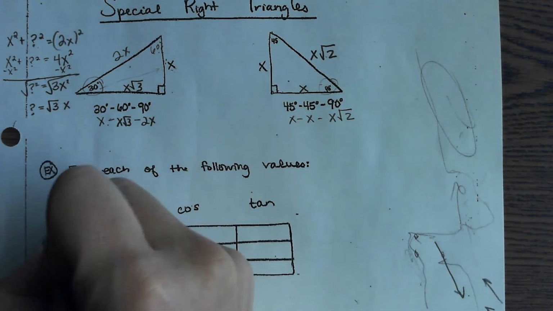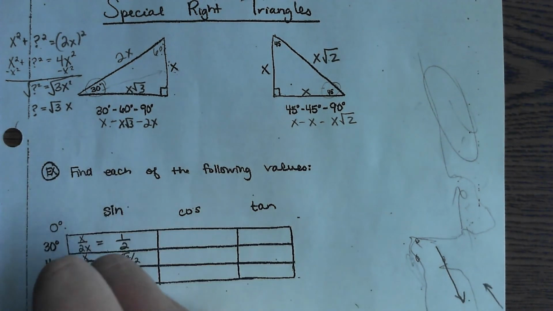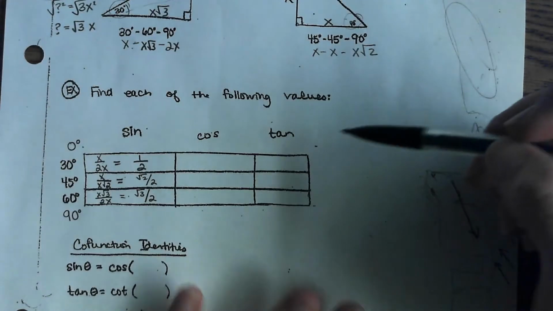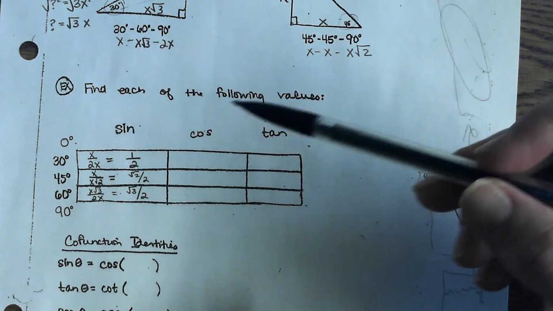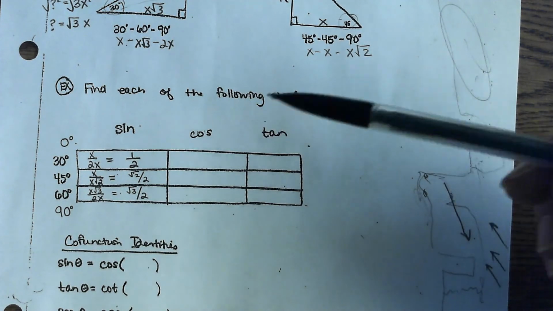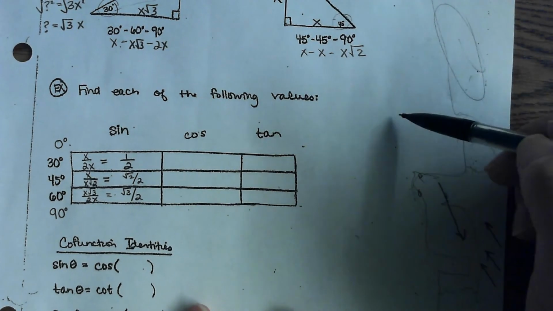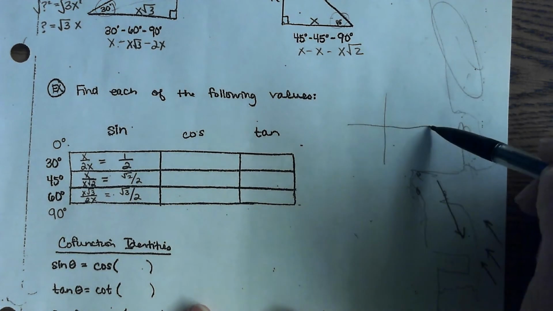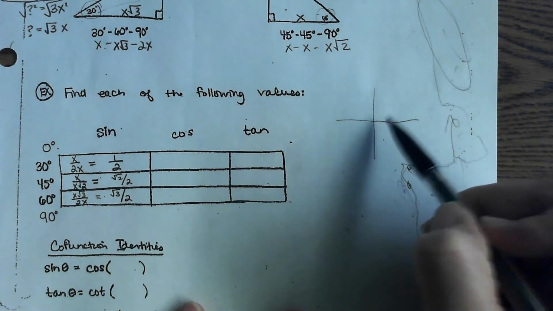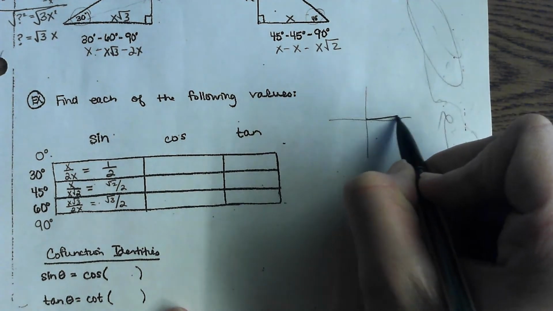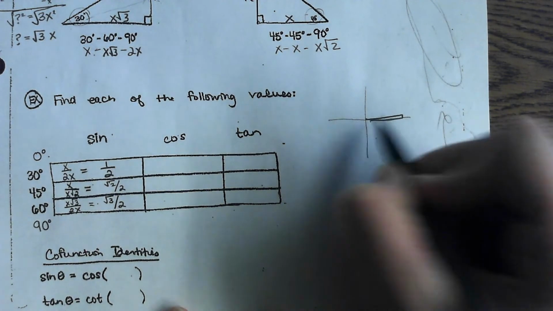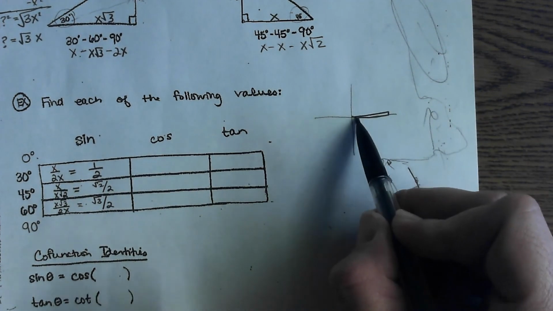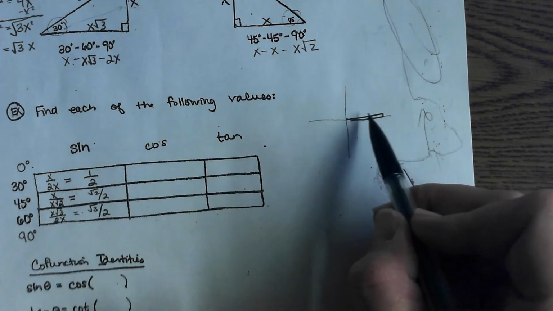Now, as far as 0 degrees and 90 degrees, and I'm going to add those, I'm going to say that you can't really use opposite over hypotenuse for those. I mean, I guess you can. Well, I still go back to the unit circle for this. If it's a 0-degree angle, which is really going to make it so the right triangle is non-existent, but if I just made it barely existent, and pretending that this is in the unit circle,